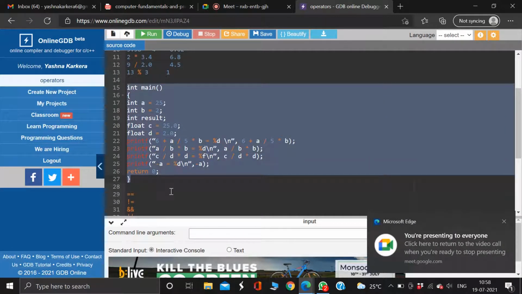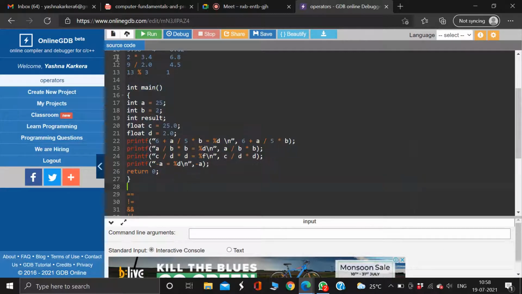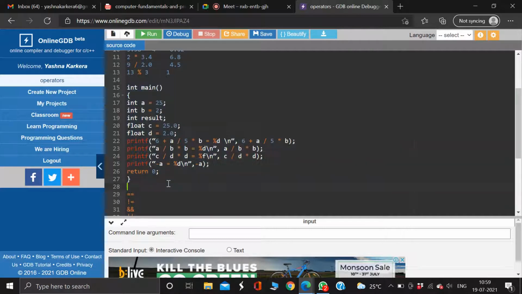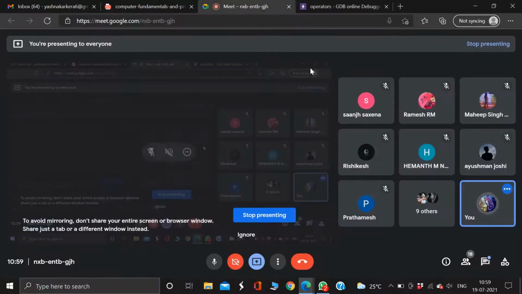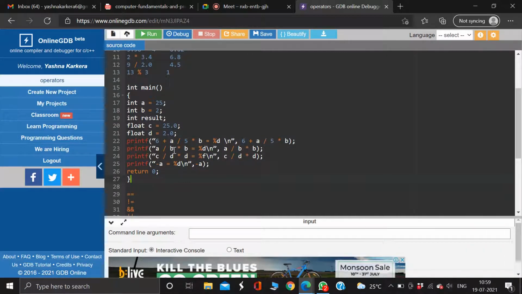This is the code. You have to tell me what is the output of the code without running the code. You have to solve it by yourself and tell me in like 3 minutes of time. You are not supposed to type the code and check it in the GDB. Just tell me the output of this code. So this will make everything clear. Just look at the numbers, look at the data type, and what I'm trying to print, and then just tell me what will be the output of this code.